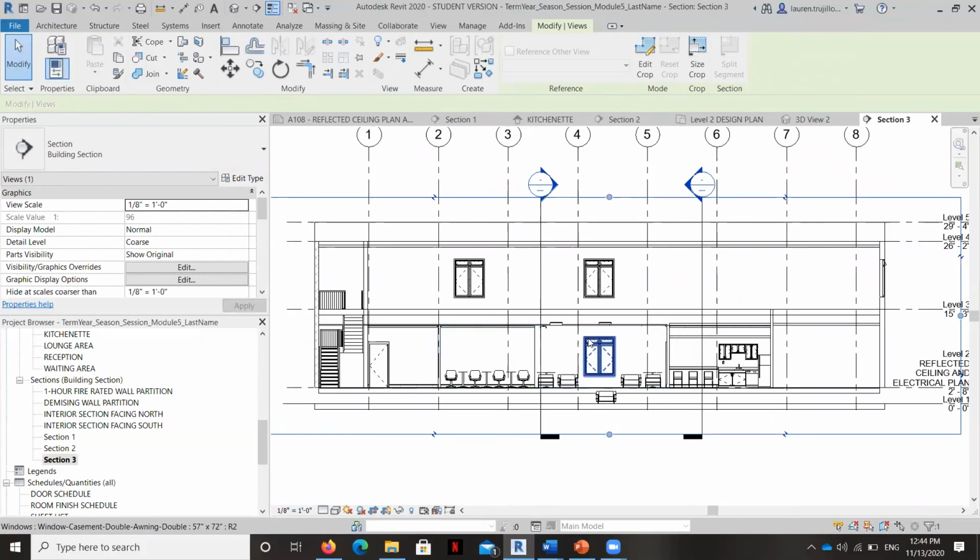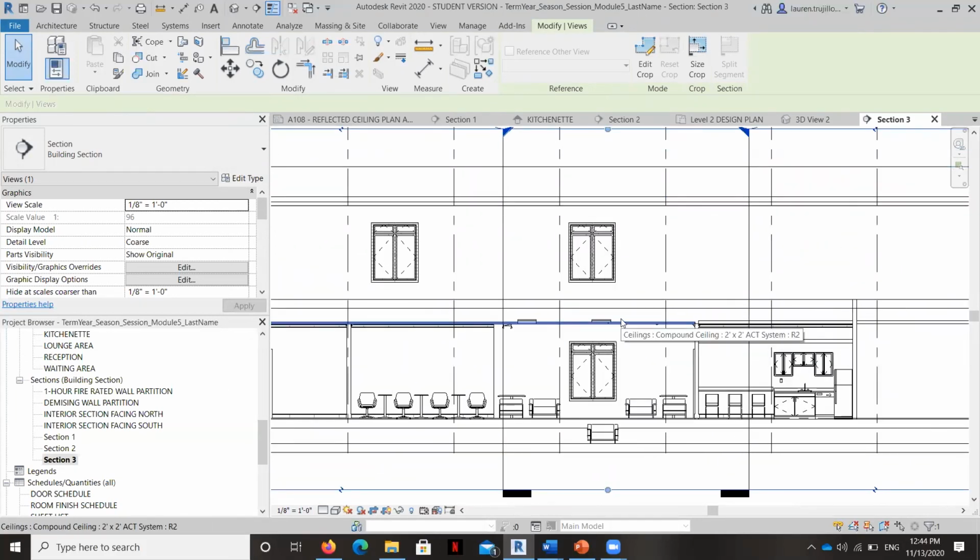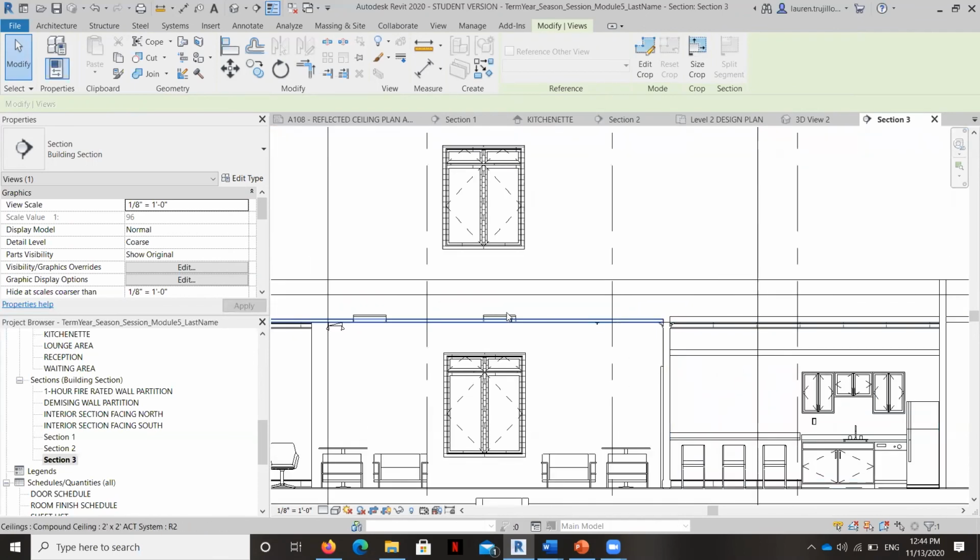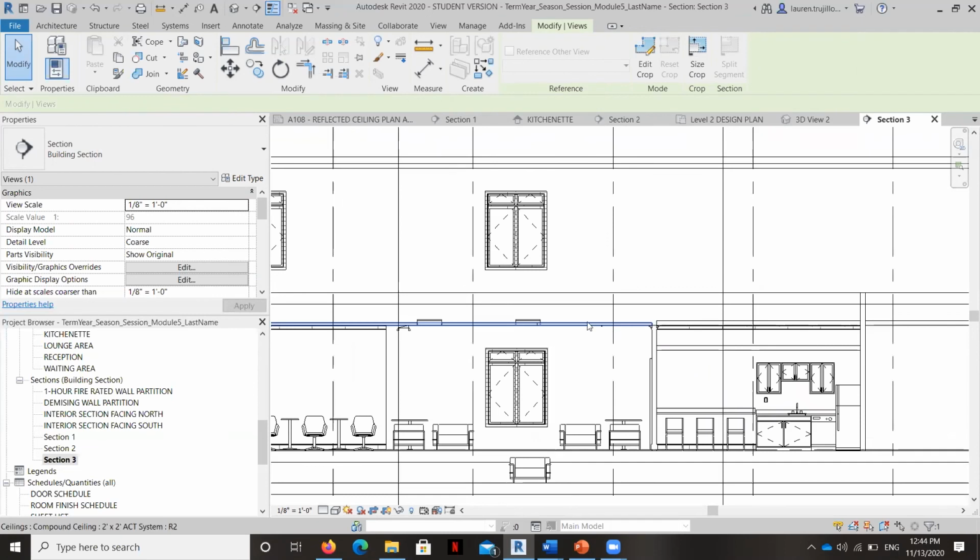And you learned a really important thing, which is how to adjust the cut plane and view range. So if you, for example, can't see your lighting in a certain view, it could be either because the cut plane is set too low or too high, or perhaps it's hosted on a different ceiling.